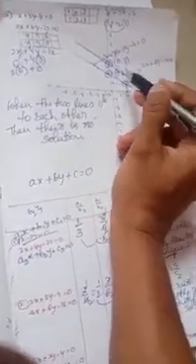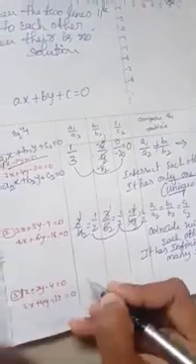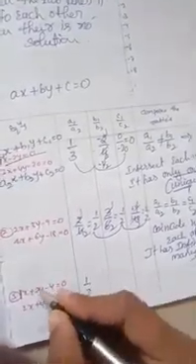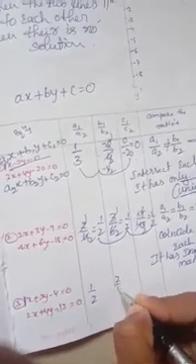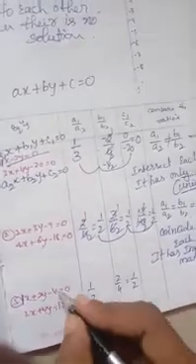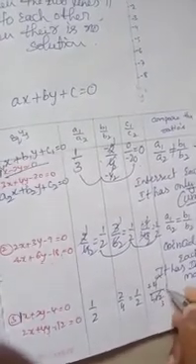The next one, we draw a graph for these two lines. Already we drew the graph for these two lines. We observe that these two lines are parallel to each other. It has no solution. When we find the ratios, a1 by a2 means the coefficient of x is 1, 1 by 2. Then b1 by b2 is 2 by 4, which is equal to 1 by 2. The third one, minus 4 by minus 12, minus cancels, 4 1s are 4, 4 3s are 12.